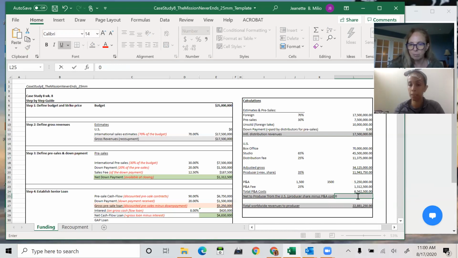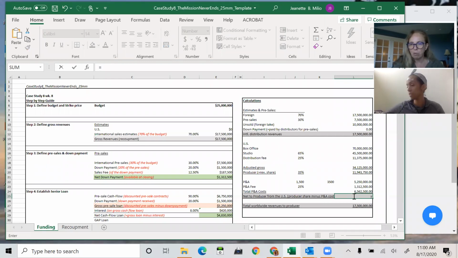So in order for me to figure out how much I owe to the P&A lender, I'm going to zero this out here. I basically take the fee that I have to pay to them for giving me the money and the money that they're actually giving me, and I add that together, and that's how I know what I owe to the P&A lender. $6,562,500. That's what I owe to them. Okay. In order to figure out what I'm left with, I'm going to take my revenue share as the producer. I'm going to deduct what I have to pay to the P&A lender, and I now know what I'm left with, right?